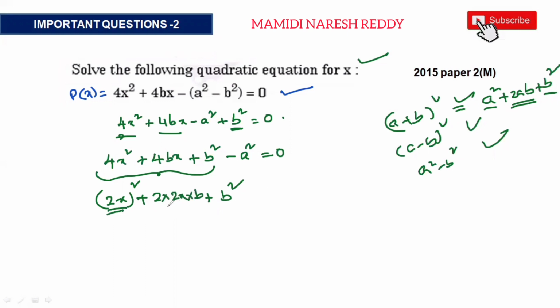So if you multiply again, you get here 4bx. So (2x) whole square plus 2 into 2x into b. Please multiply, my reference. You will get 4bx, 2 into 2 is 4, 4b into x is equal to 4bx, and plus b square, and minus a square is